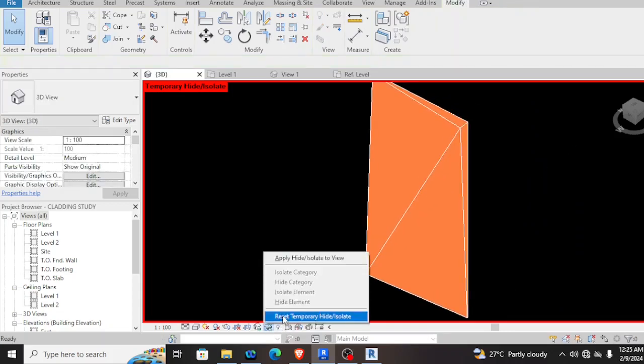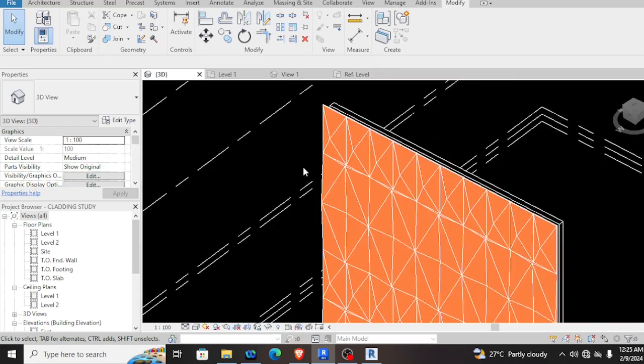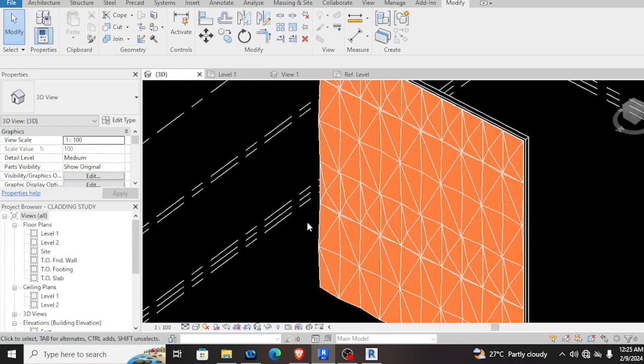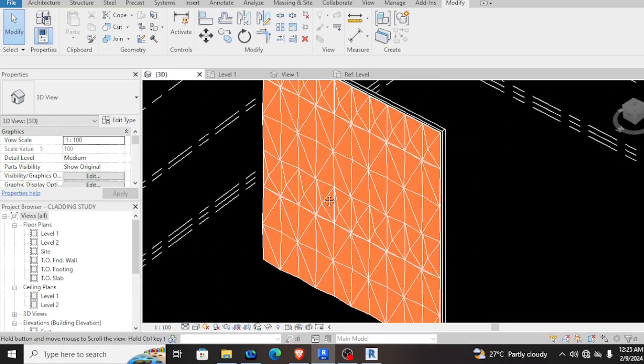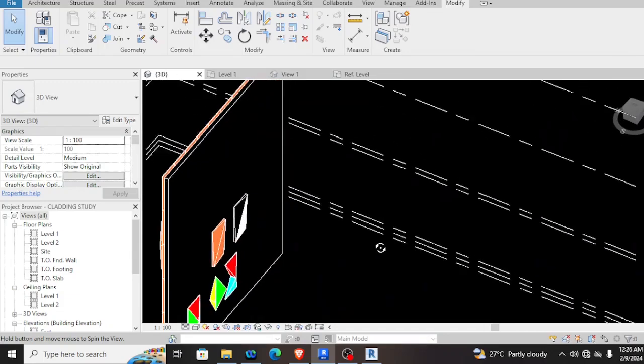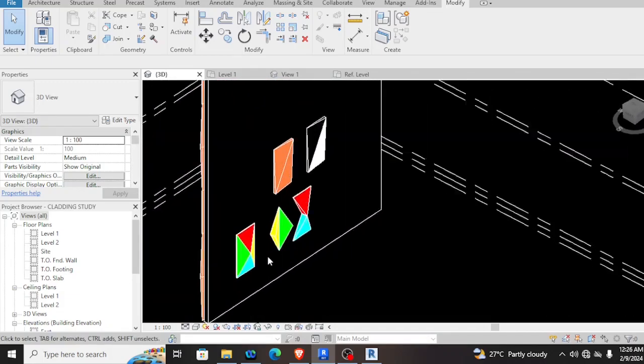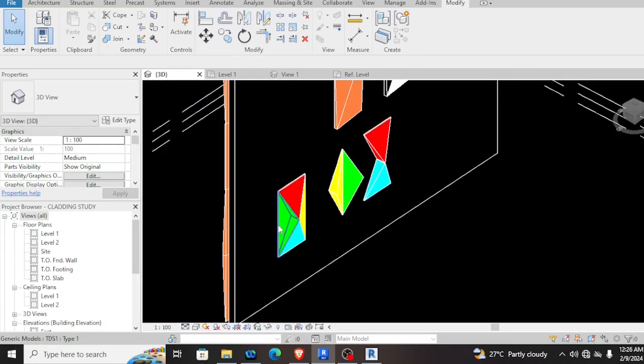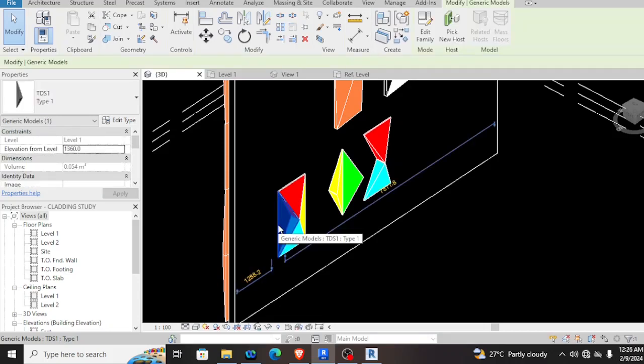Let's once again reset it. This is the exterior of the building. Also, I made one for interior. We can also design Revit families, diamond shape Revit families, also in triangles. As you can see, I click one piece of the diamond shape.